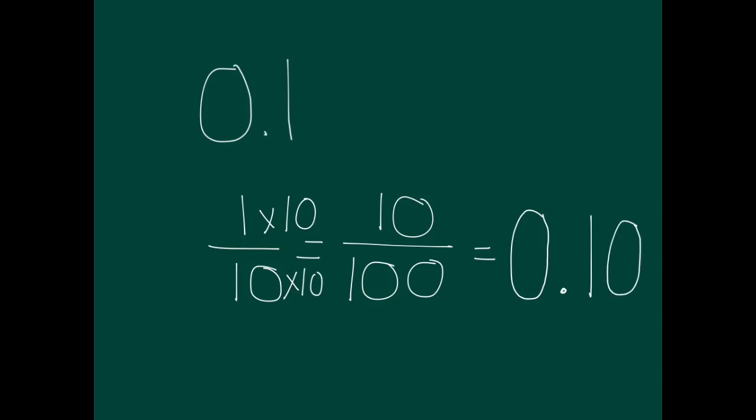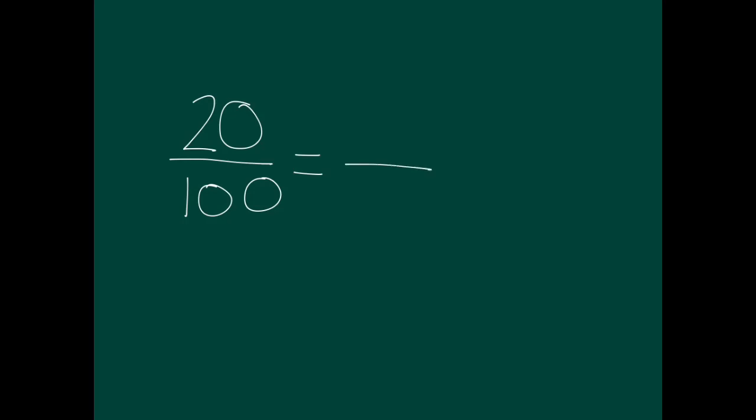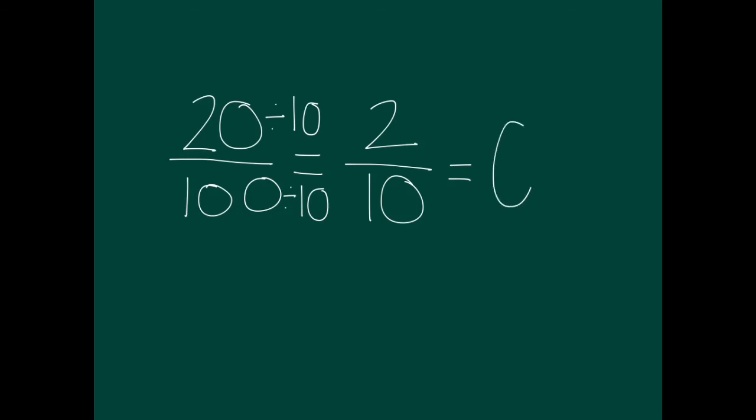Now let's try one more. And let's try one that's in hundredths like this, 20 hundredths. Now, first of all, let's turn that to tenths with a fraction. So we're essentially dividing by 10. And what would you do? 20 divided by 10 equals 2. And when we write that as a decimal, it would look like